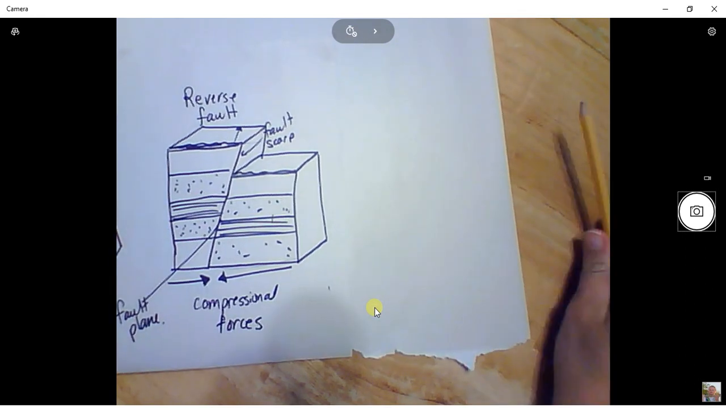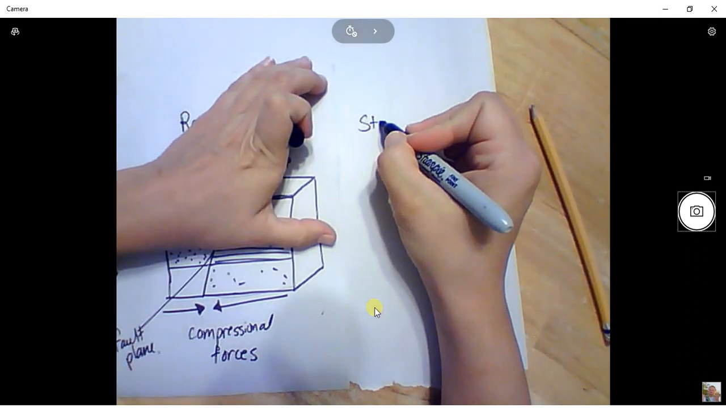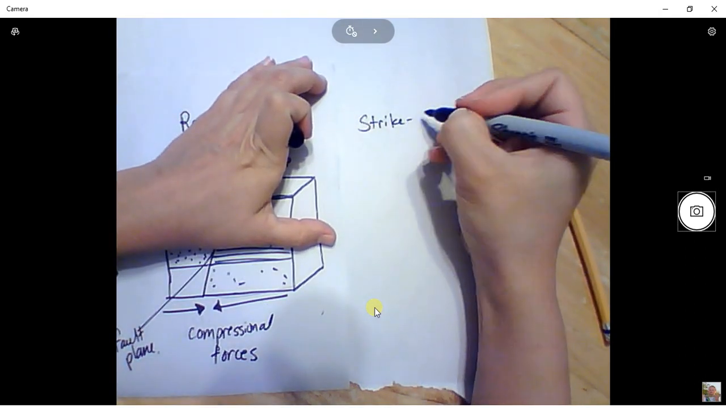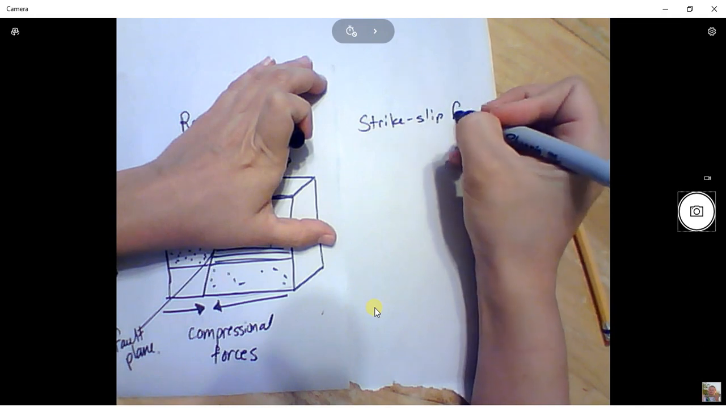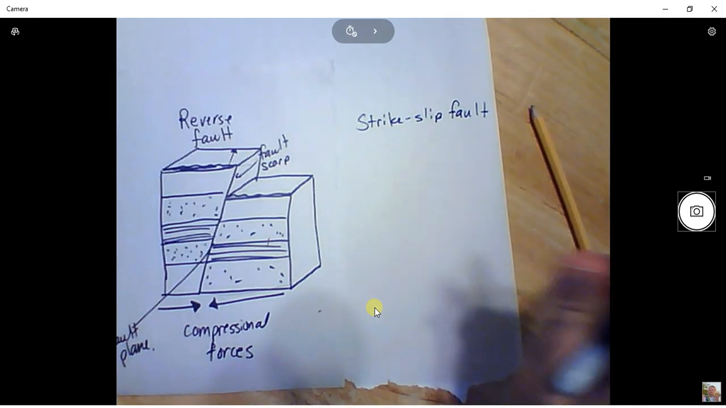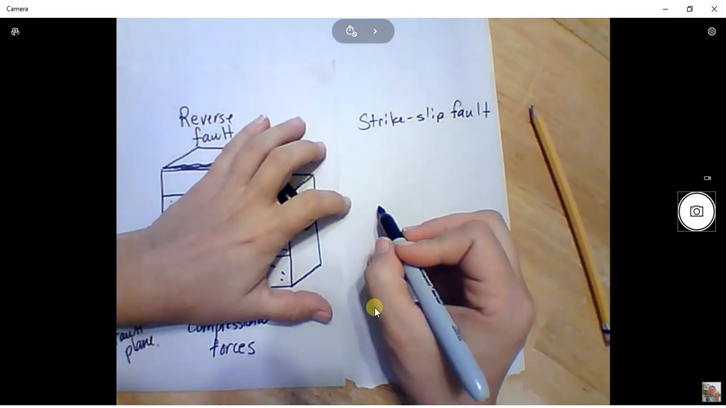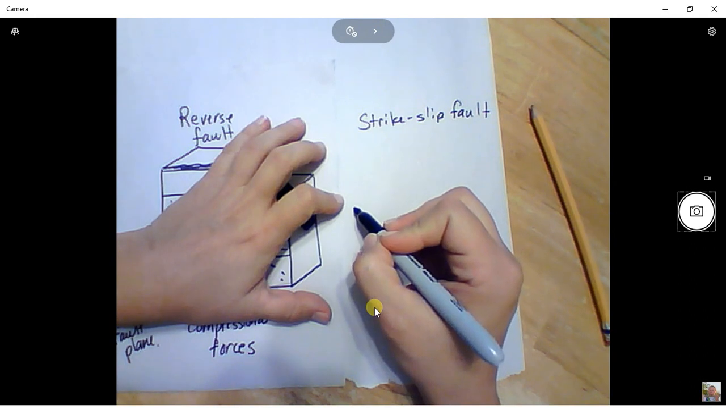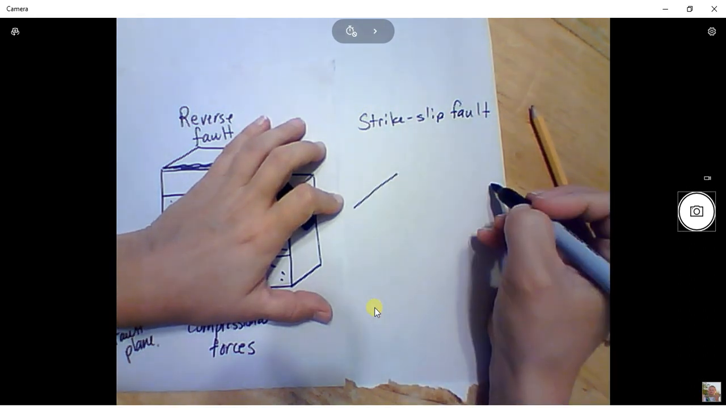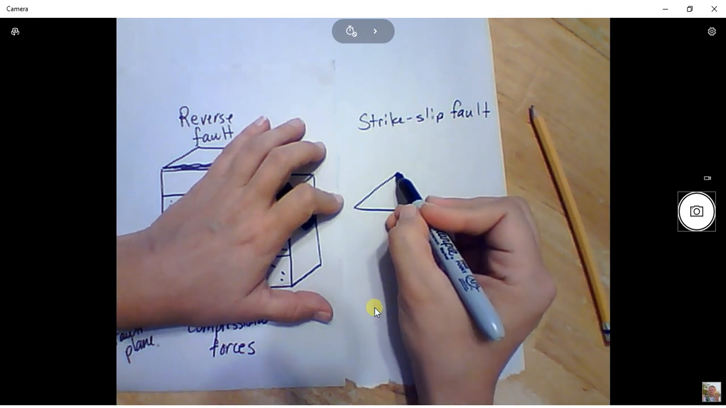All right, let's draw ourselves a strike-slip fault. We're here, so strike-slip fault. Now here, we're going to draw it similar to what we've done here, but we're going to have a little bit of a difference. All right, so first we're going to draw one side. I'm going to draw a basic